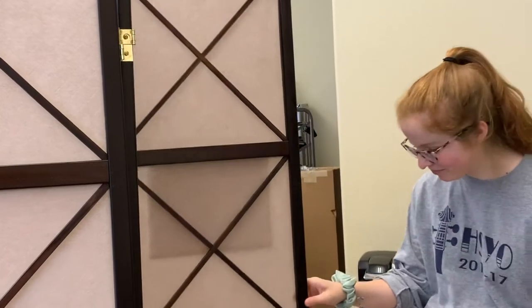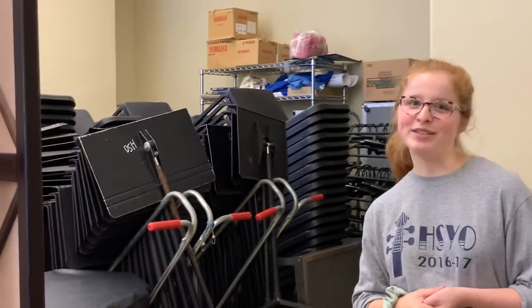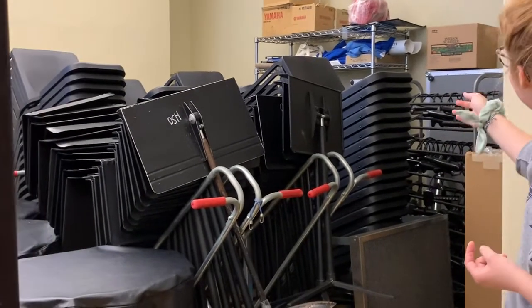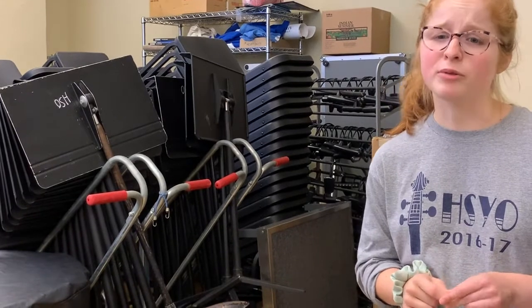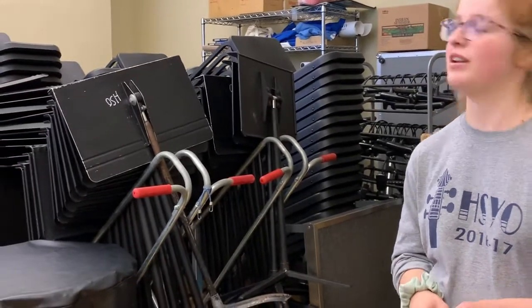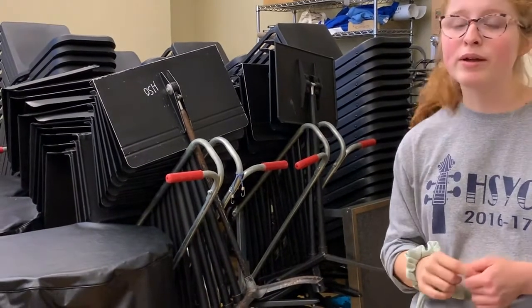When you walk into the Holland Symphony's office, to your right, there's this divider. We have this divider for a pretty good reason. Behind this panel, we have the less glamorous side of the symphony office. You see behind me we have stand lights that we use in the study hall where the youth orchestra rehearses. It's pretty dark in there. We'll go there next. We have so many stands and chairs that get wheeled all around the building on Monday